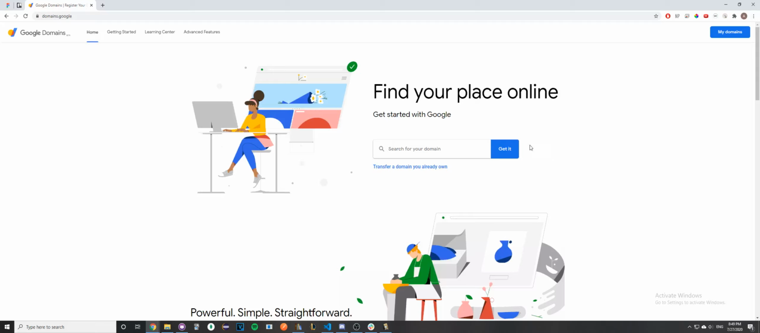Hey guys, today I'll be showing you how to purchase your very own domain. In this example, I'll be using Google Domains. And so for the first step, go ahead and type in domains.google into the address bar, and you should see